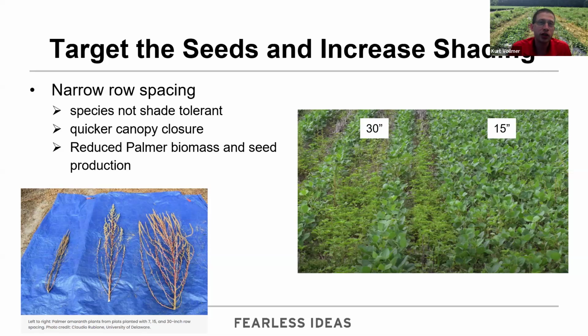So for example, in the picture on the bottom left of your screen, these are Palmer amaranth plants planted in 7-, 15-, and 30-inch rows, and you can see a difference in the size and the number of seed heads, not only between the 7-inch on the left and the 30-inch on the right, but also between the 7-inch and the 15-inch and the 15-inch and the 30-inch row spacing. So that's pre-emergence weed control, row spacing. Post-emergence weed control,